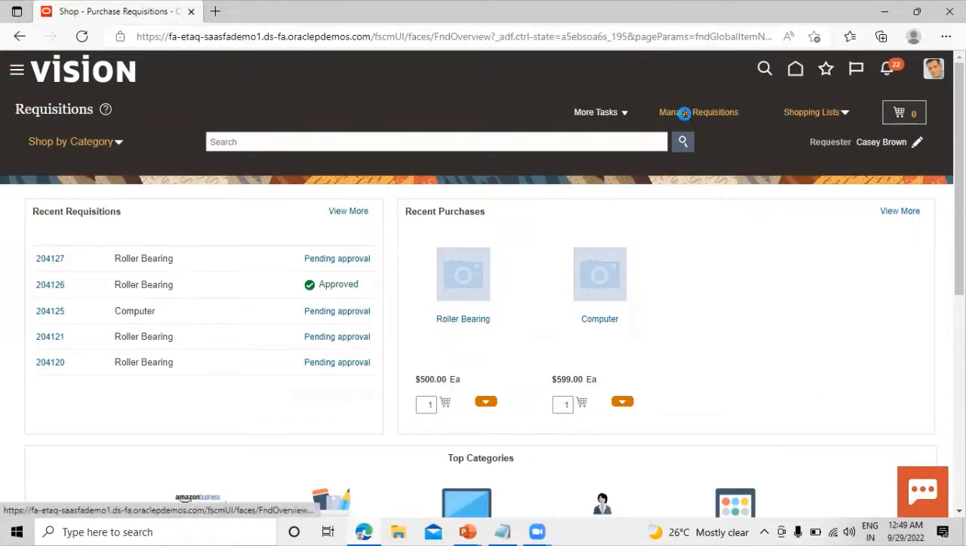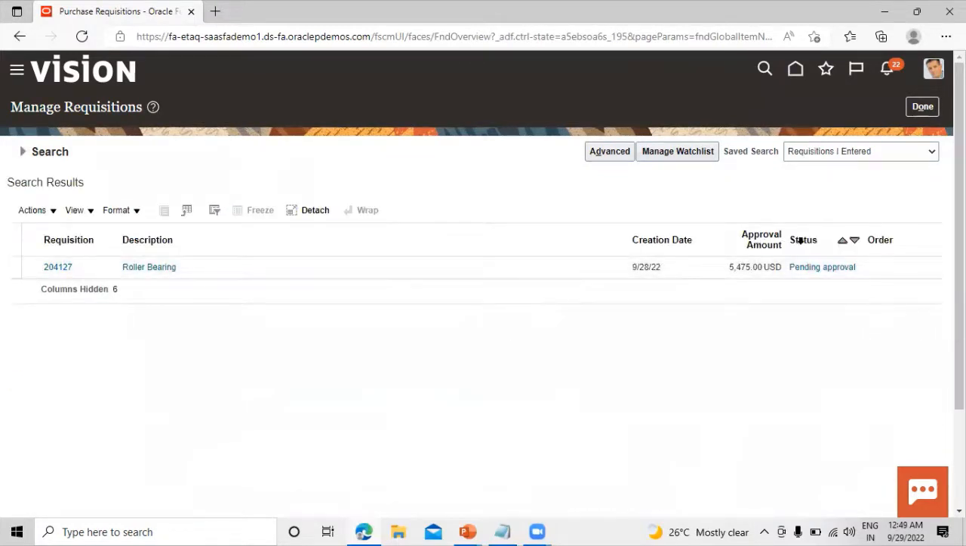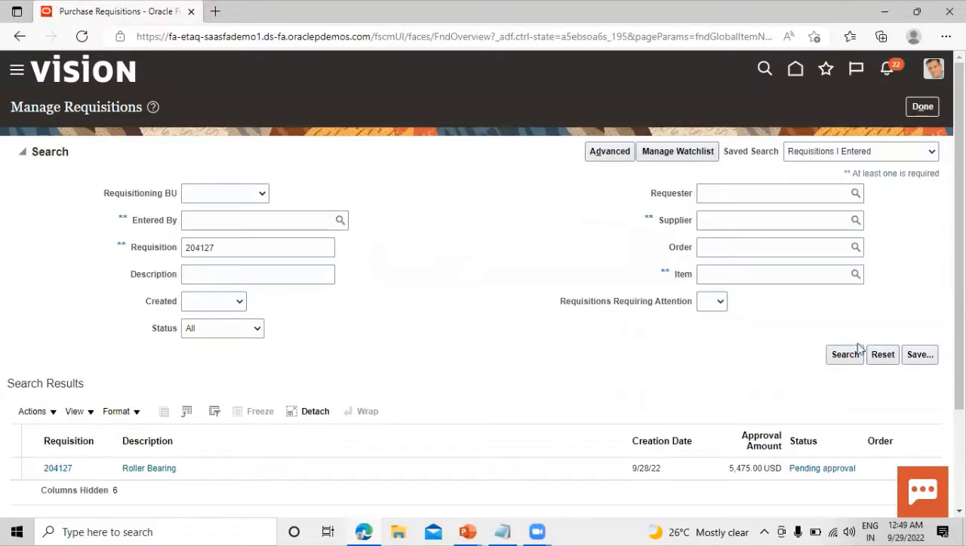So click on this manage requisition, search the requisition, right? Search it. You can see over here the status is pending approval, right? Click on this search and click on this search icon over here. This search button